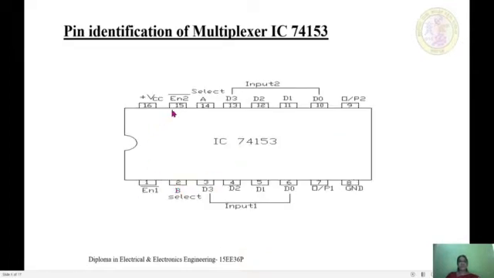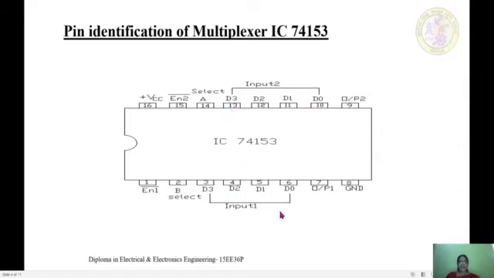So this is the pin diagram of IC 74153 multiplexer IC. In one IC, we will be having 2 multiplexers. You can see the input of the first multiplexer is starting from pin number 3 to pin number 6, and the input to the second multiplexer is starting from pin number 10 up to pin number 13.